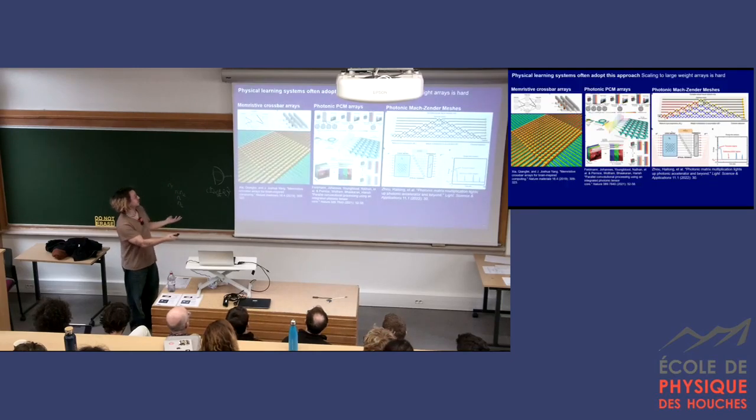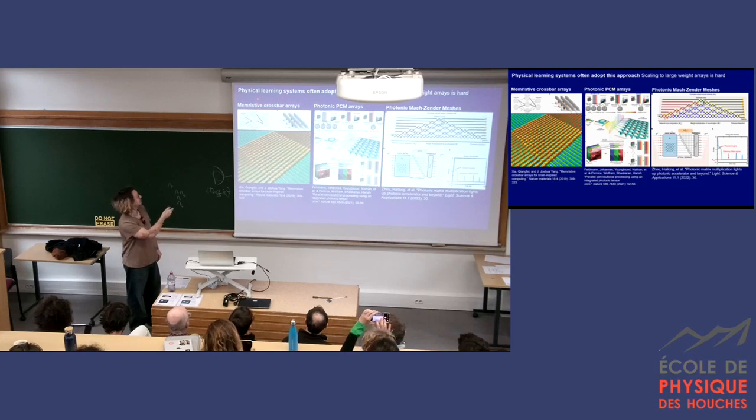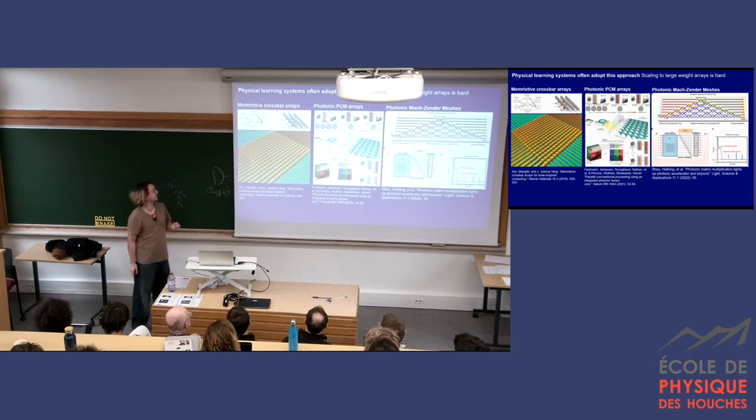And physical learning systems have often taken this approach too. There's a lot of fantastic work in the community from the group of Damian, amongst others, taking this idea of a big set of linear weights and putting them into resistive or memristive crossbar arrays. We also see it in photonics. There's some work here from Nathan Youngblood, Wolfram Pernice, and Harish Bhaskaran, where they're doing it optically with phase change memory cells. But you can see the underlying structure is pretty similar, and also with other systems too.